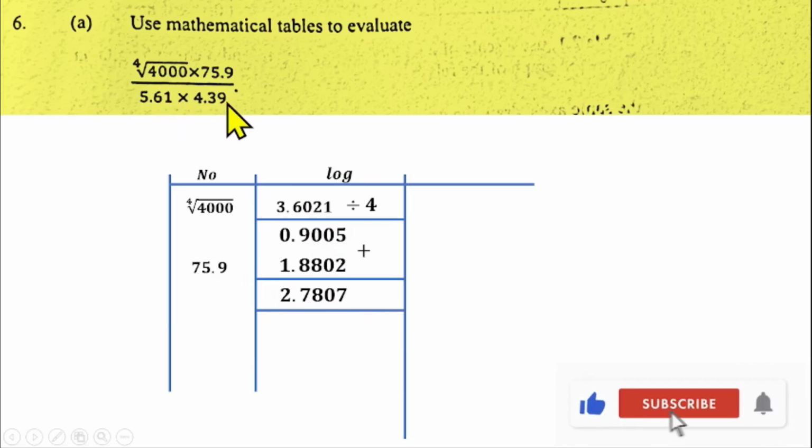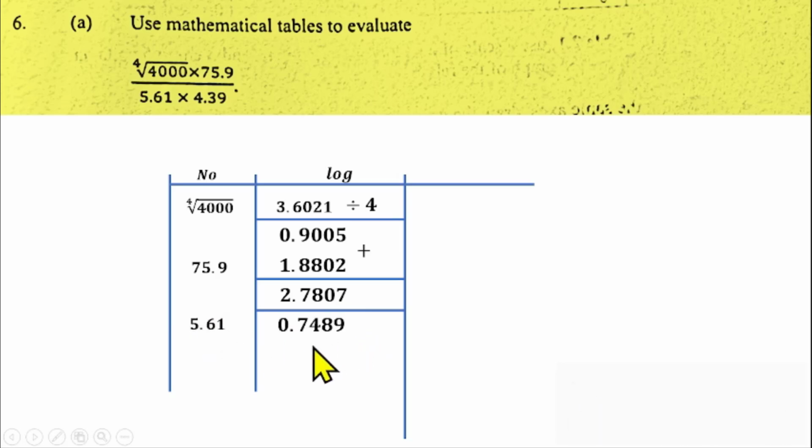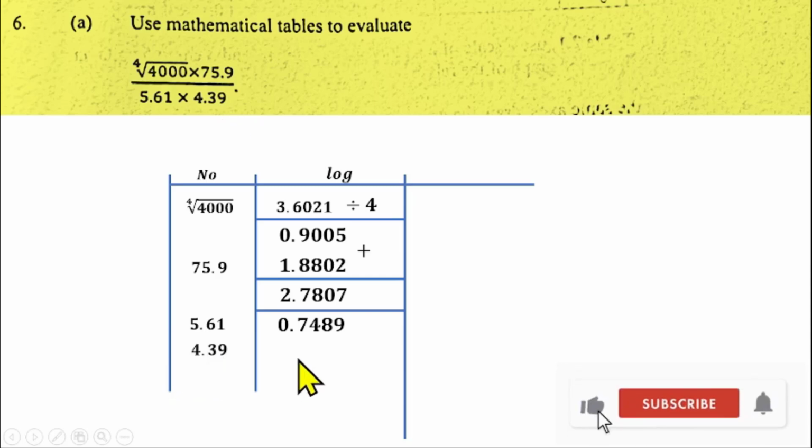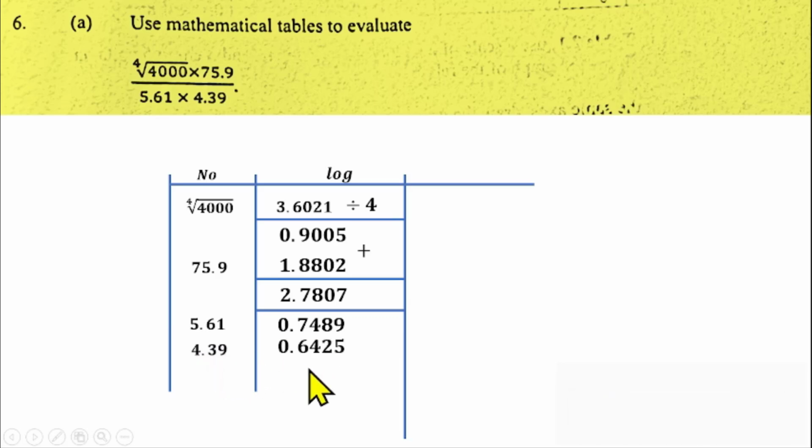Now let's go back to the denominator here. The first number there is 5.61, so you write that. The characteristic of this number is 0, so you have 0 point, then you check 56 under 1 on your logarithm table, and that should give us 0.7489 if you check correctly. Then the next number is 4.39, you bring that here as well. The characteristic of this number is also 0, so I have 0 point, you check 43 under 9, and that should give us